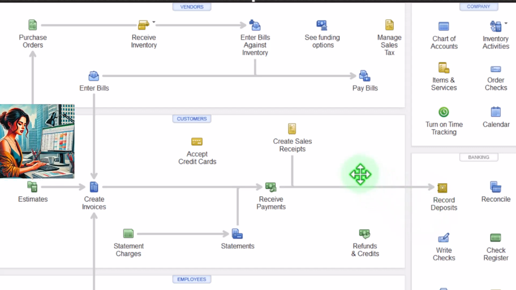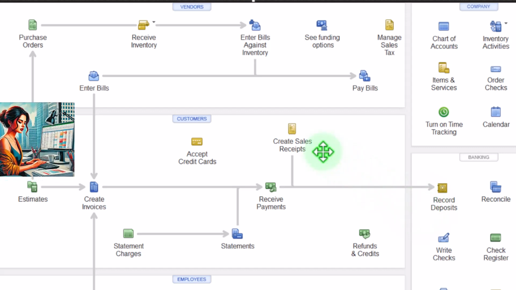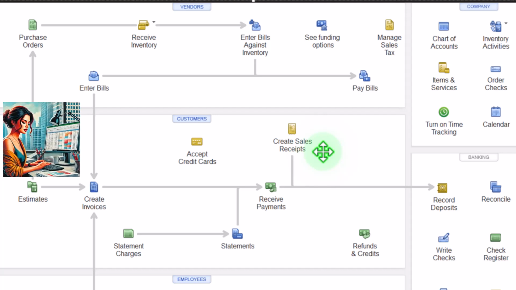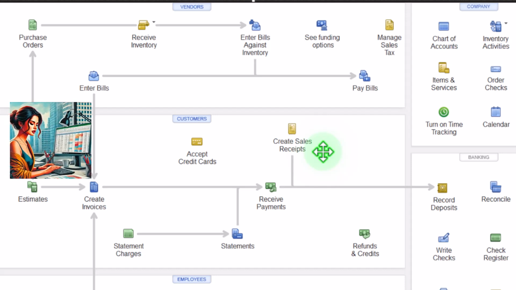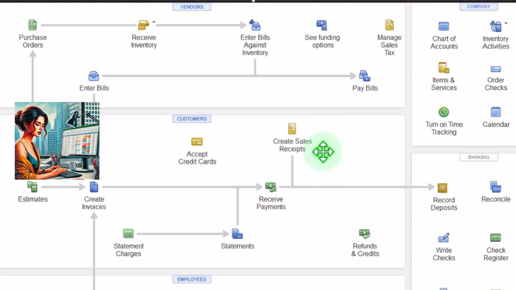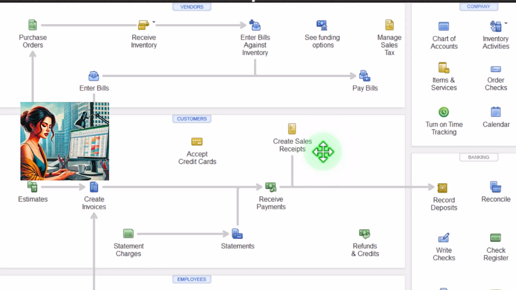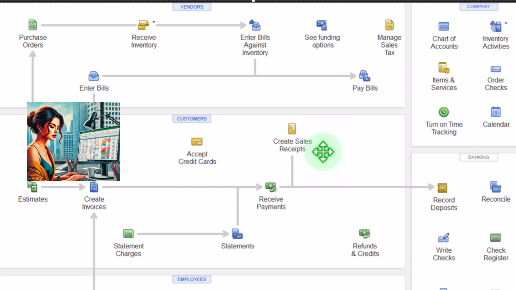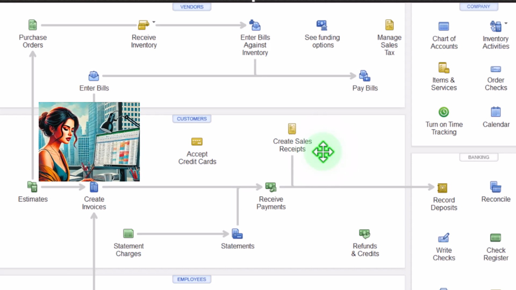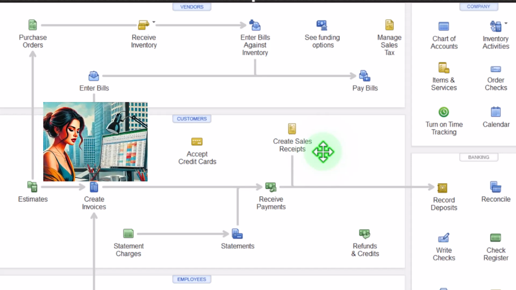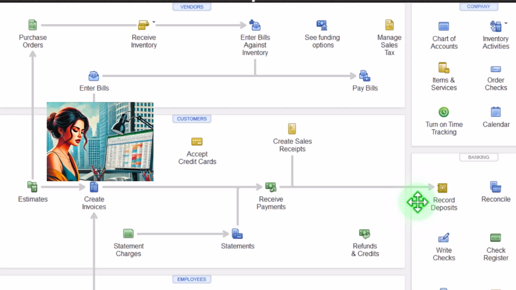Now we're at a situation where we're still on a cash-based system, but it might not be as easy as a gig work situation. In other words, if I actually go out and do work and I get payment at the point in time that I do work, whether that be services or inventory, then I could imagine a situation where I actually get paid in, let's say, cash. Let's imagine we get the money at the point in time I do the work. I go to the bank at the end of the night. I cash it as one lump sum. I wait till it clears the bank, and then I record it with a deposit form from the bank feeds